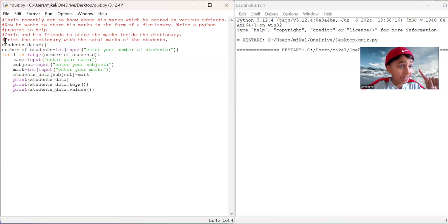Read the last hashtag, this one. Print the dictionary with the total marks of the students. Total marks. So we add all the marks. What do we do? Because I know I never taught you this before. What we do is let's make a variable total marks, okay? Total marks equals sum, bracket,